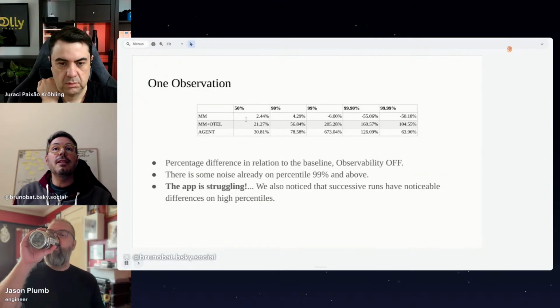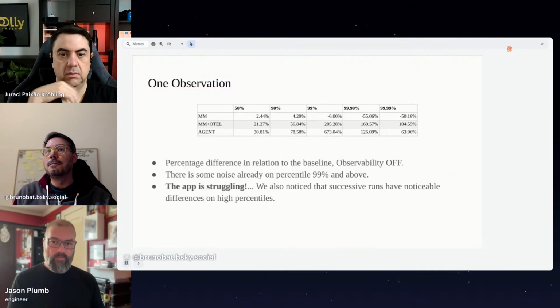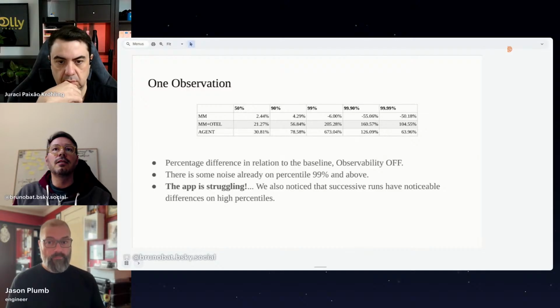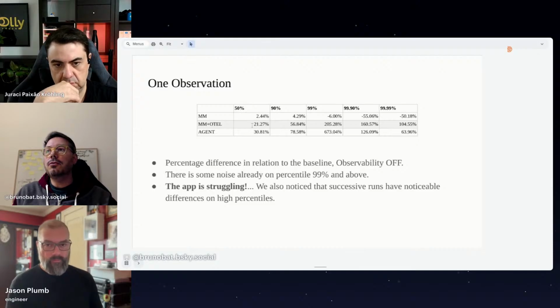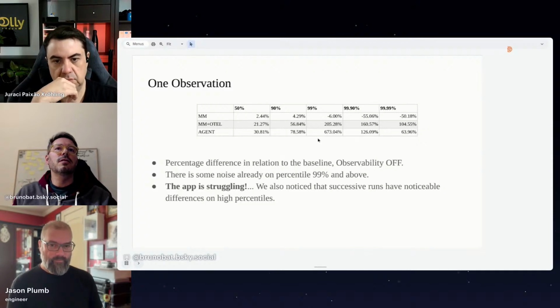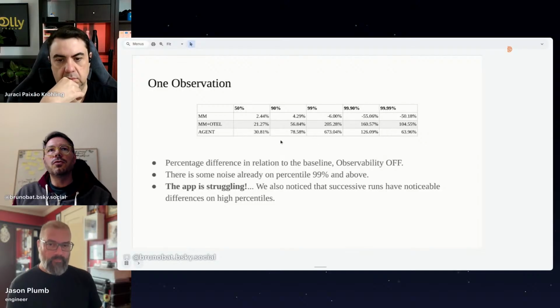So average is worthless. The median is the one that you should look at. In this case, metrics have not even 3% overhead for the 50th percentile, and tracing will have a 20% overhead. If you do it with the agent, it has a bit more. But as the applications start to struggle, on the requests that take longer, that impact is larger. And this application is already struggling. So usually we want low values on